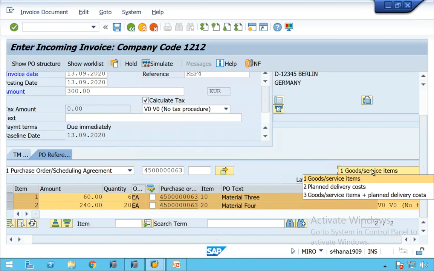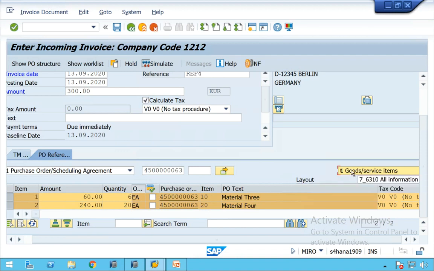If supplier has sent both the delivery cost as well as goods cost, then you have to choose this. But supplier sometimes will first send the delivery cost only, then you have to choose this. If supplier sends only material cost, we have to choose this. In our case, we are doing only for the materials, so that's why it is goods/services. Let it be there. This is called item type, the invoice line item type.